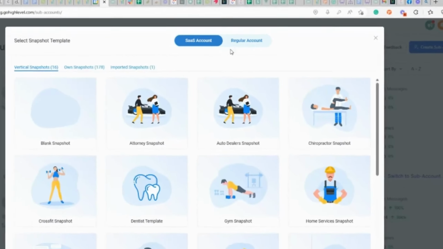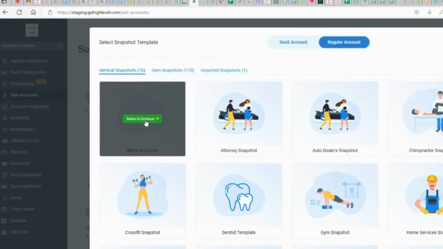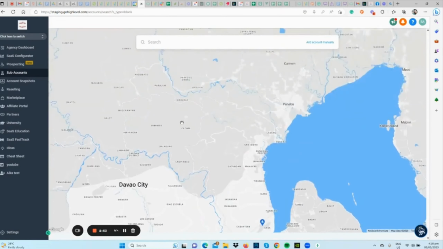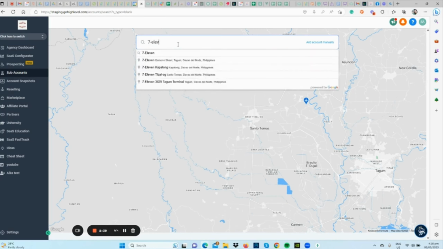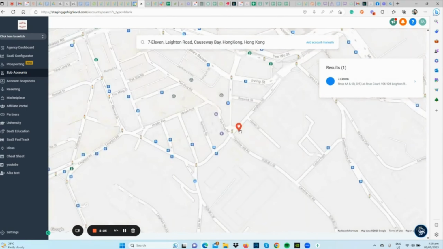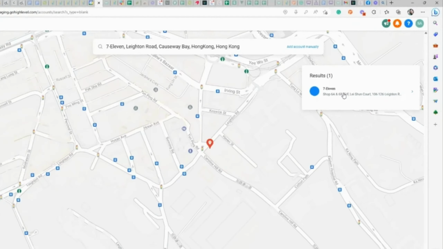Alright, buckle up because we're venturing into the traditional path of creating a new sub-account from square one. We're picking blank, then slam-dunking that select and continue button. Bam! A map appears like a genie from a lamp, asking you to input your company's address. For the sake of our thrilling journey, let's pretend we're setting up a 7-Eleven in the hustling, bustling Hong Kong. The system's got our back, it locates the business for us, and all we gotta do is give it a